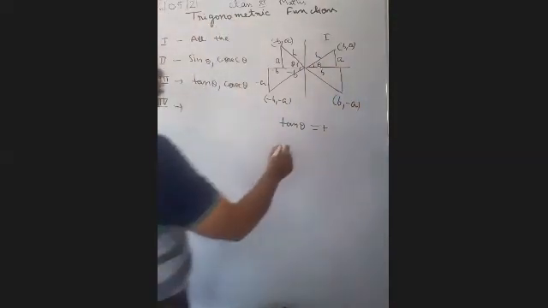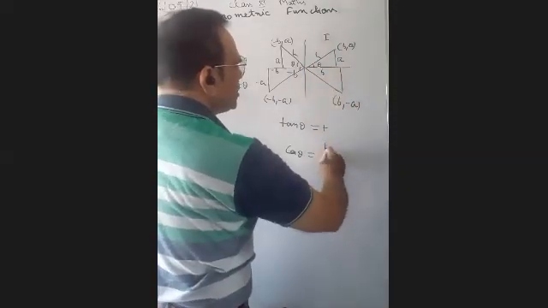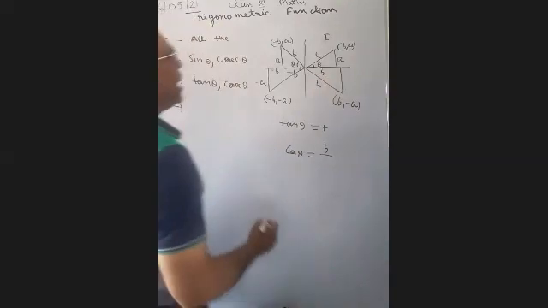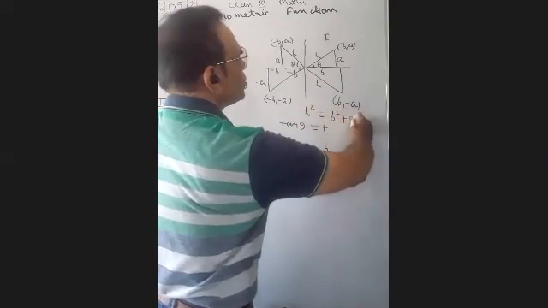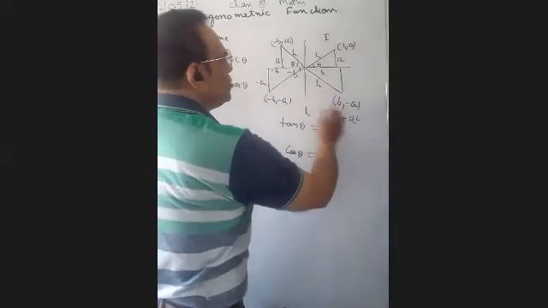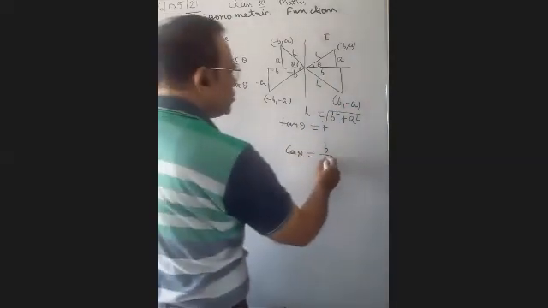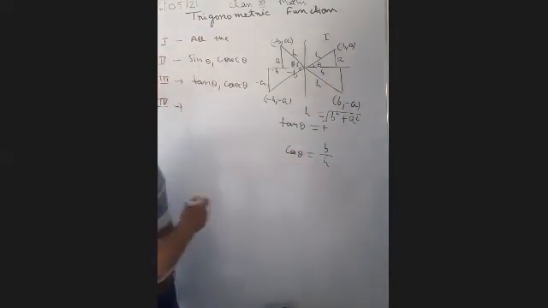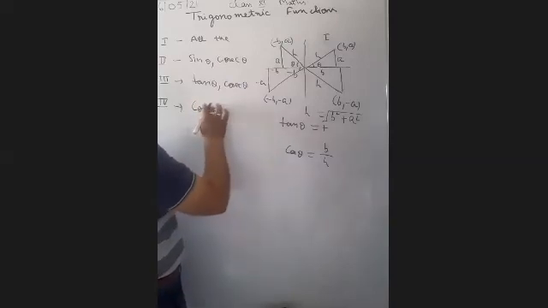So if we take cos theta in the fourth quadrant, cos theta will be base upon hypotenuse. The base is positive and the hypotenuse is always positive, because we find the hypotenuse using the formula h square is equal to base square plus perpendicular square. Because it is the square of some term, if we take the square root, the value from the square root will be positive. Whatever value comes from the square root will be positive. So you have to always take the hypotenuse as positive. That is why, based upon hypotenuse, cos theta and the reciprocal of cos theta, which is sec theta, will be positive.